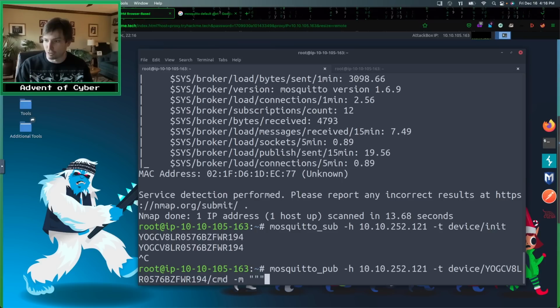Now, I'm going to put it in triple quotes. That'll make it a little bit easier. This seems to be the best way to get it to work from my experimentation. Put it in triple quotes because quotes are being used inside of the JSON. So CMD 10, comma, colon, URL, quotes, URL, and then our URL, rtsp://